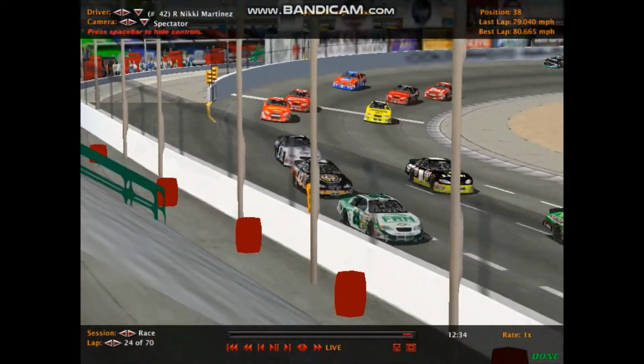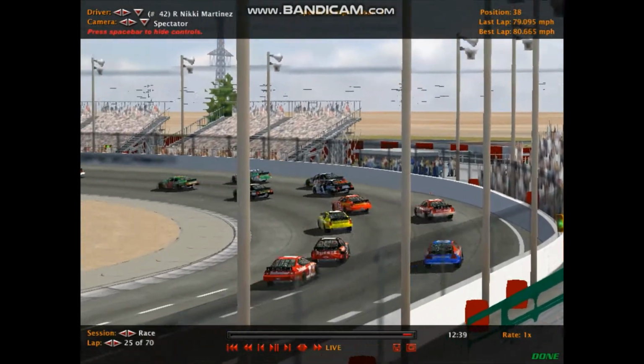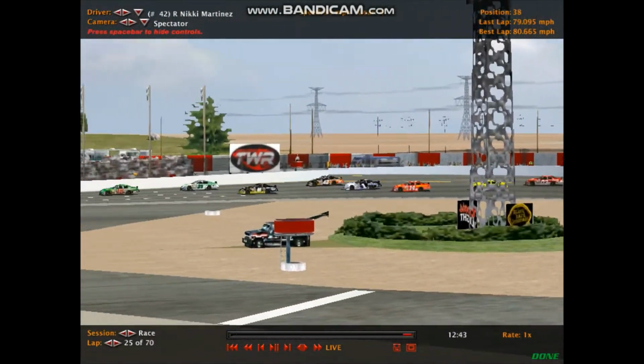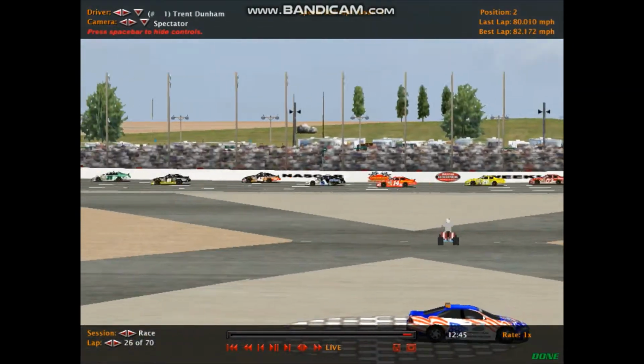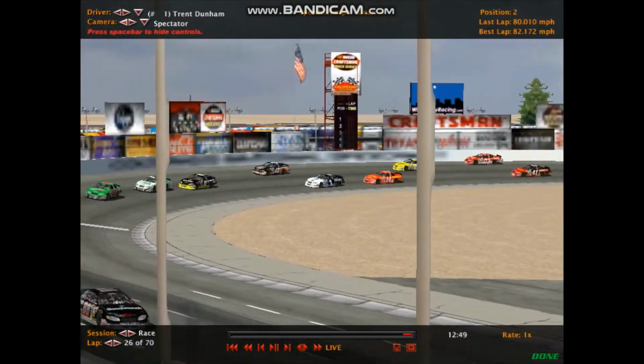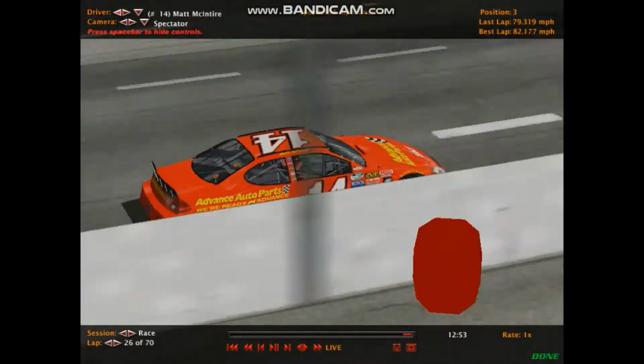And now Dunham's going to try the high side of the racetrack, see if he can make some headway up there to try to surprise Hudson, but we'll see what happens here. Come on, turn number 2. Now Matt McIntyre pulls to the back of Dunham's car for second place. So Charles is dropping back, and meantime, Dunham, McIntyre, and even Cole Baker in the 20 car,